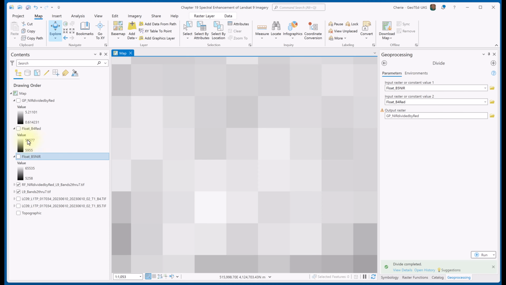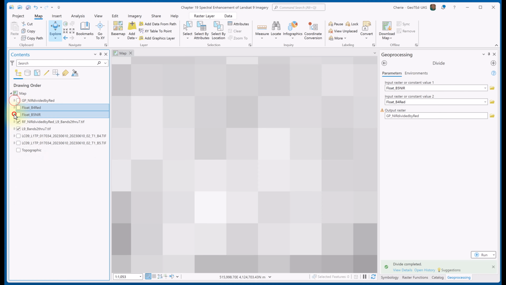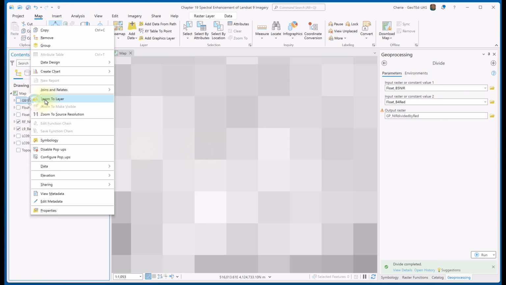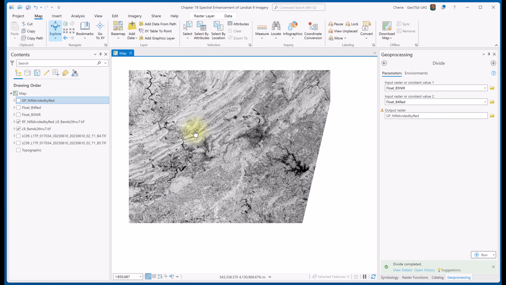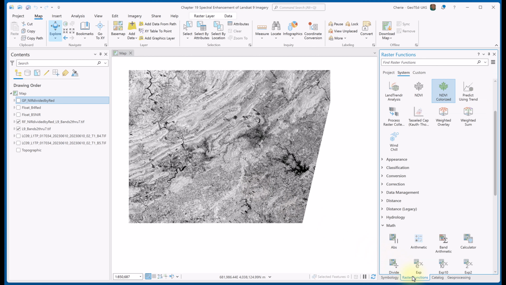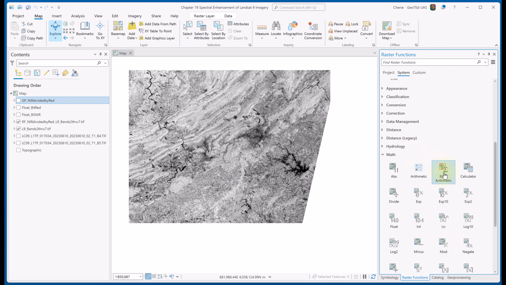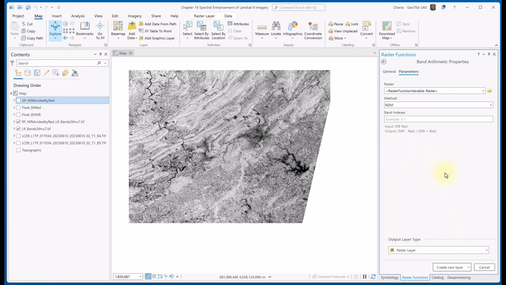Cleaning up a couple of things and zooming to the layer. Now for demonstration purposes, I'll use the raster functions band arithmetic. So I'm going to go back here to raster functions because I happen to have it open, and here's band arithmetic under the math category. I want this to be user defined,